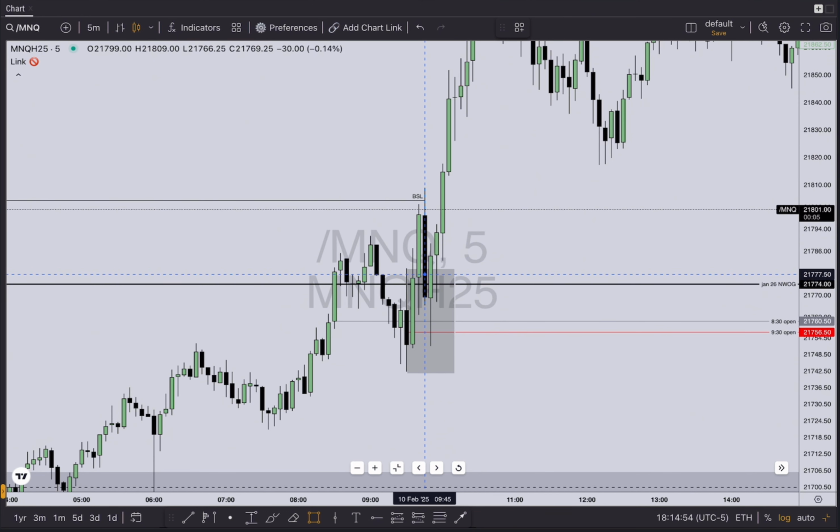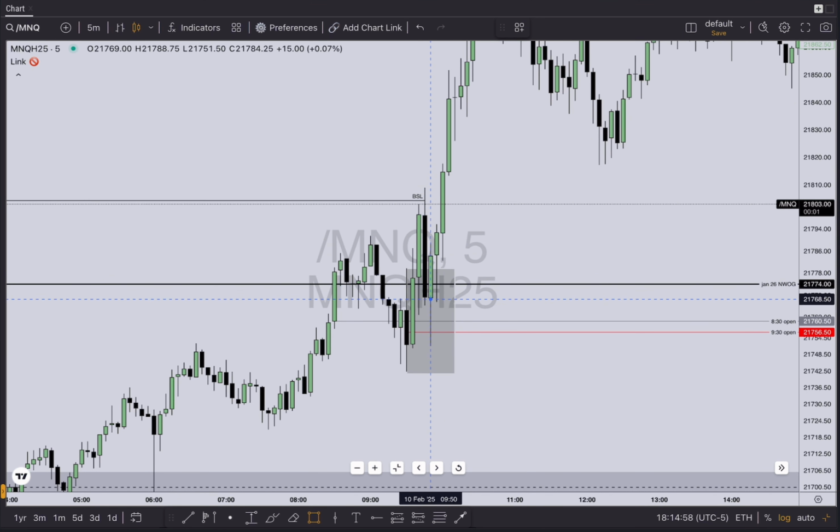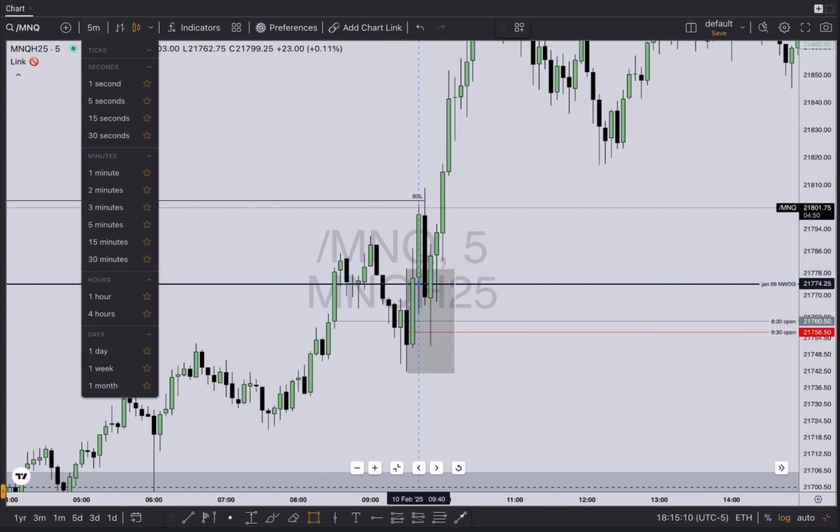No. So since now we've taken buy side, I'm not interested in going longs, but also at this point, I'm really not interested in any shorts because nothing is aiding in terms of structure for me to enter a short position, correct? So if we drop down to the 1 minute,